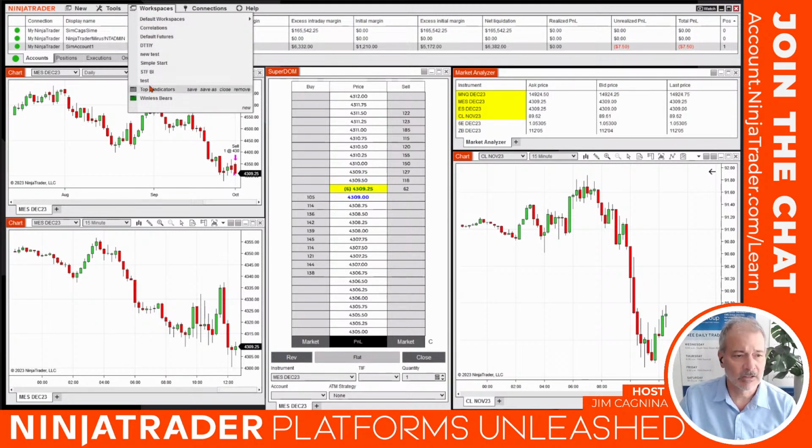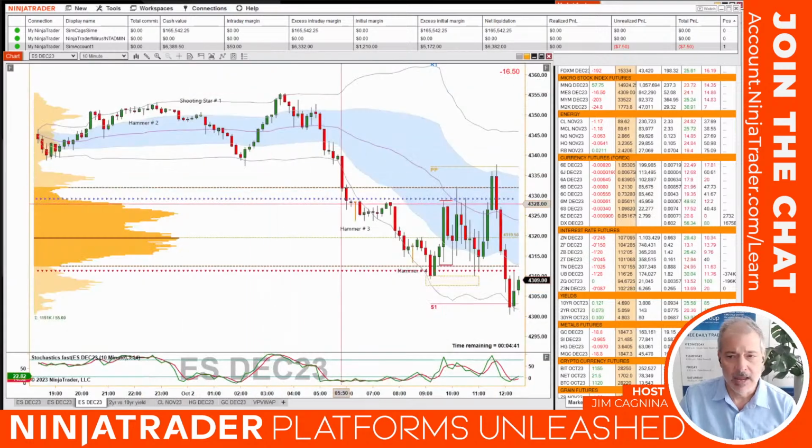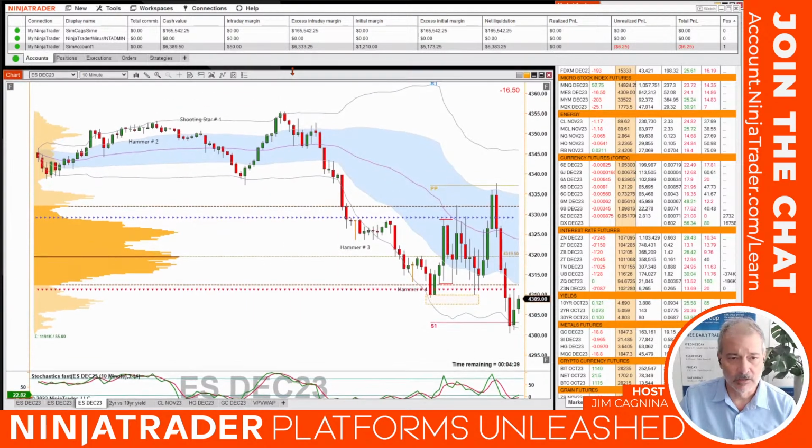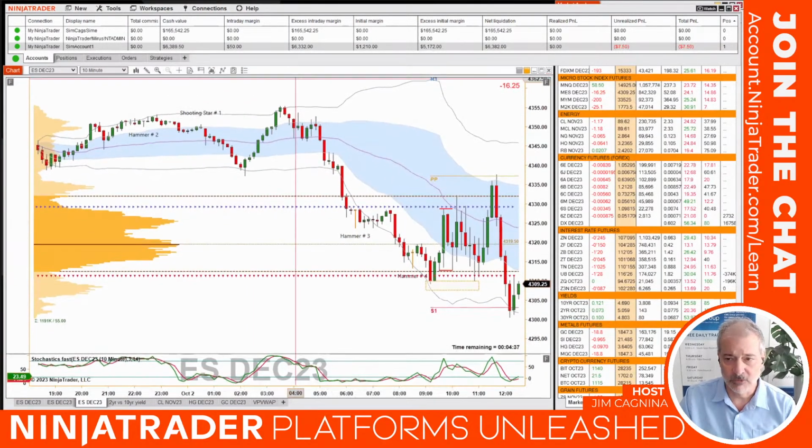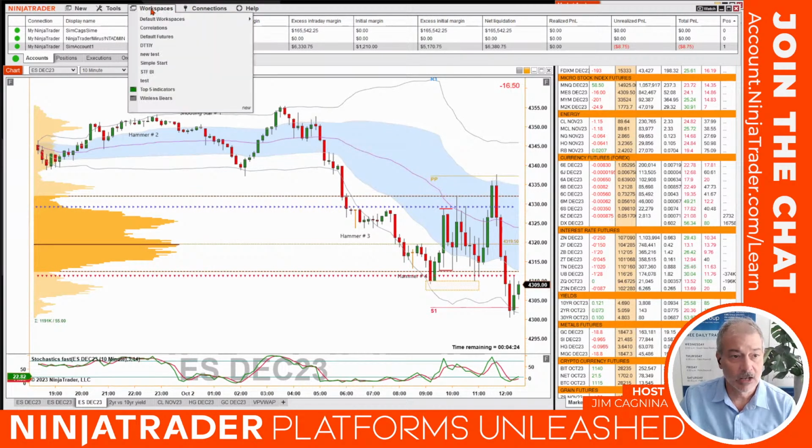Let's do it real quick. I'm going to click on top 5 indicators. And this is my main workspace right here, right? And I'm logging into it right now. Again, I'm going to go ahead and reformat the windows a little bit later on, but this is basically what it looks like. If I want to toggle back, I'm going to go to workspaces and I'll go back to Winless Bears